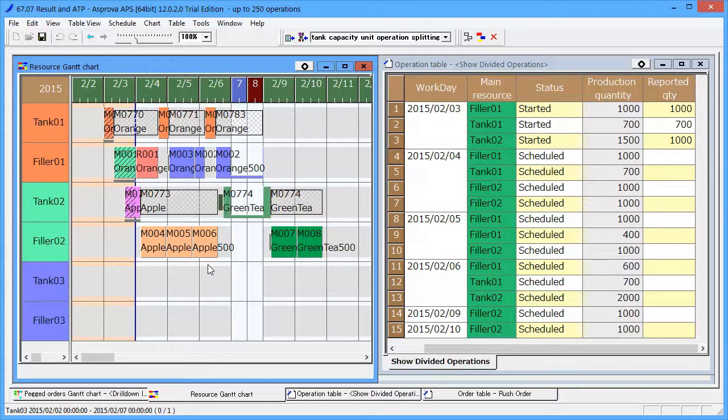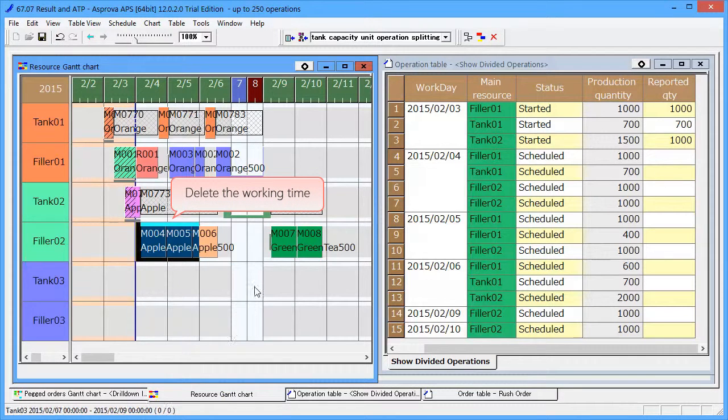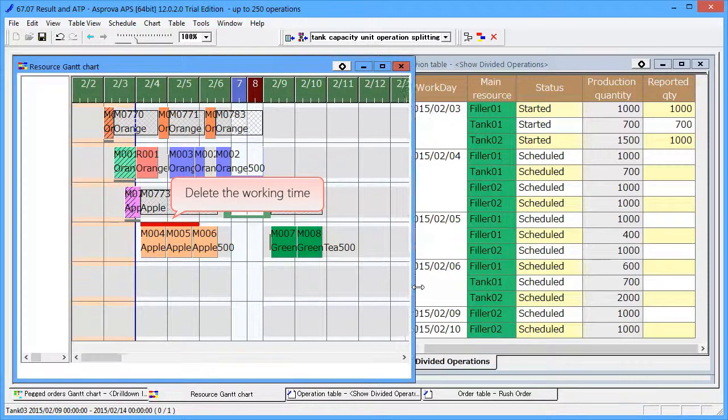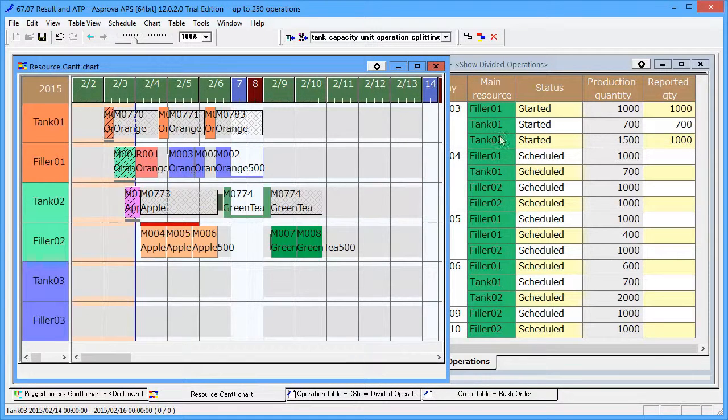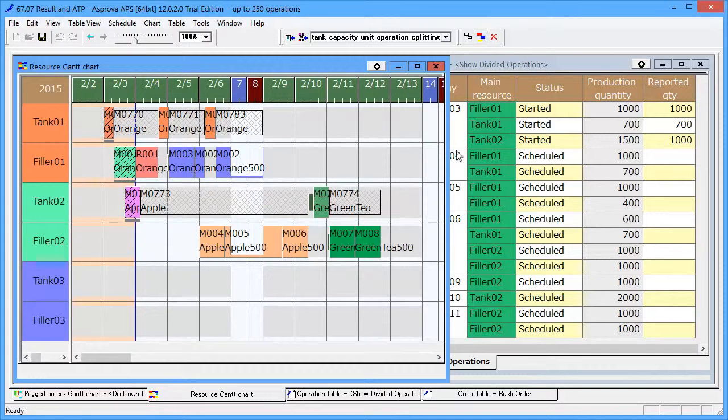Select February 4th to February 5th for Filler 02 and select Stop for the shift. Since there is no more work time for February 4th and February 5th, when we schedule, assignment is done to February 6th and later.